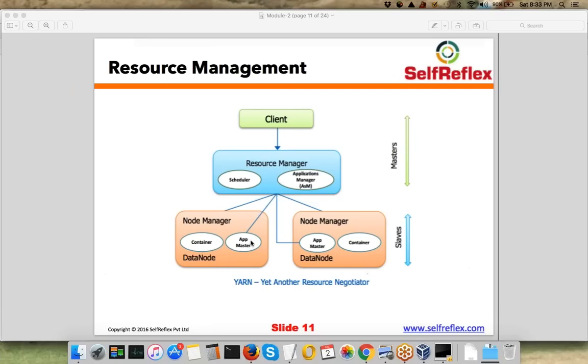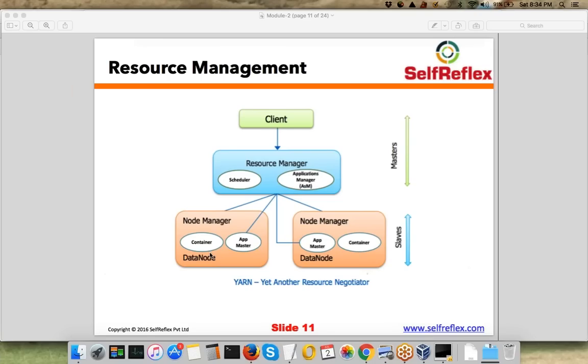Now whatever app master was launched here, that application is going to fail, right? Because that application master was running here, which was responsible for completing that application. Now if this slave node dies, what happens to the application? That application will fail.